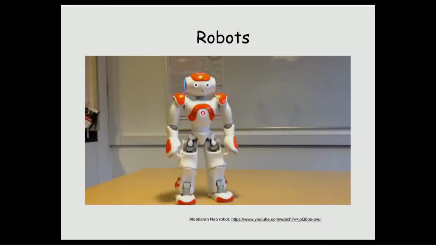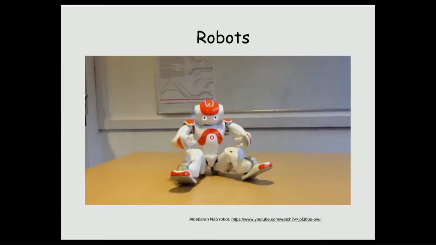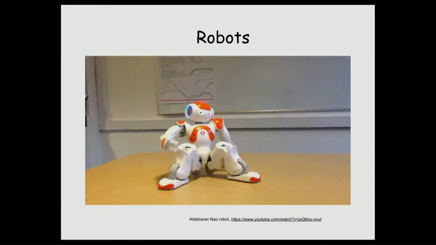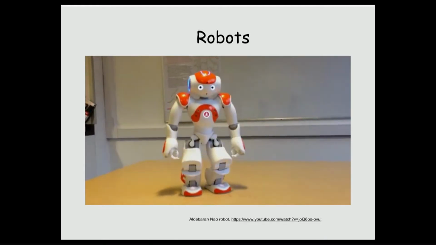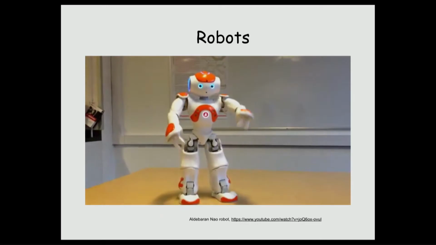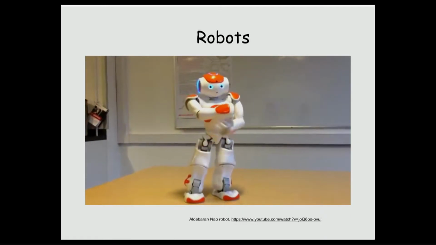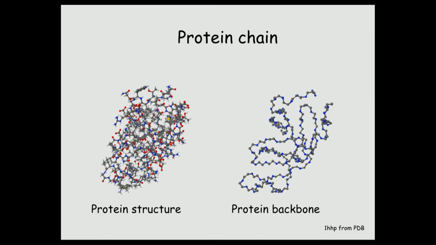So robots don't have to be just serial. For instance, this one is more like a tree. And you see that you have to design complex motions for it, like we design motions for us when we move. And again, the analogy is not just to show you this cute robot here, but it's also because a protein chain is not just the backbone, but it has little residues that look like little trees hanging out of each C-alpha atom. So it's more like the Aldebaran robot with a lot of